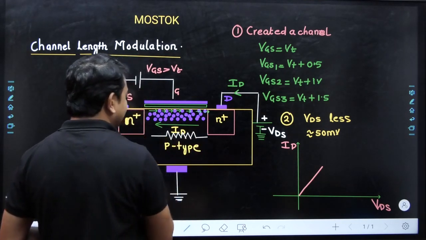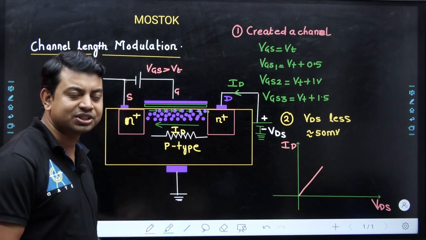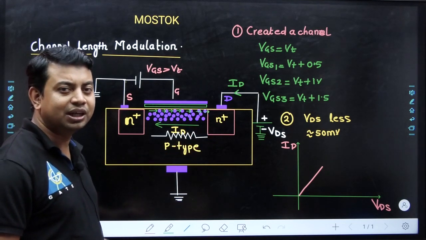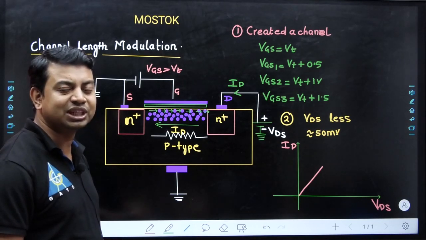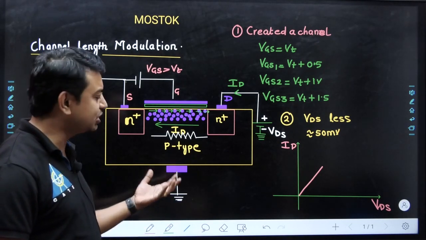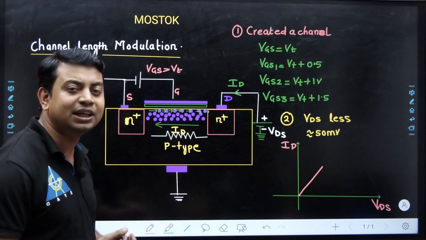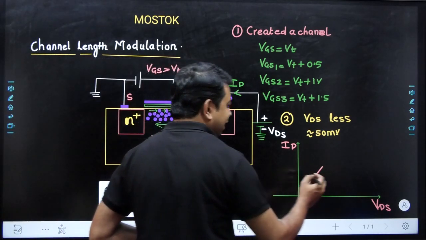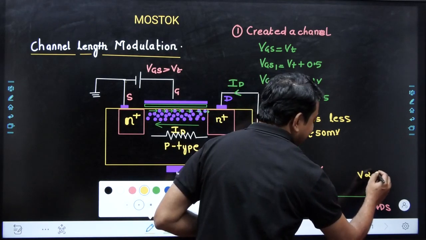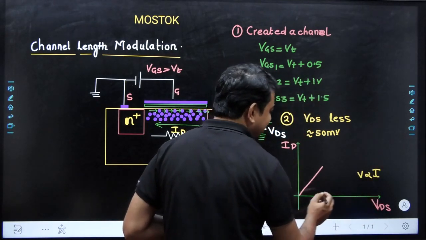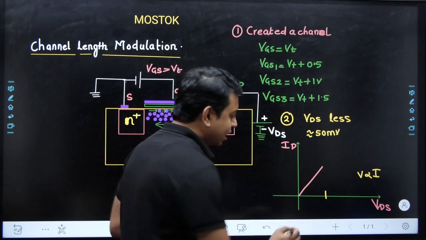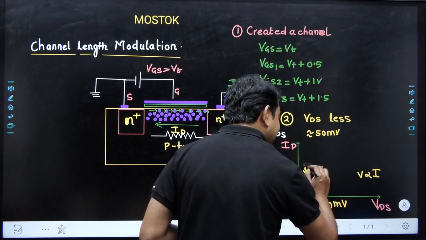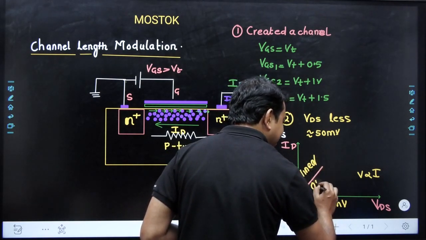This particular channel is acting as a resistance. That's why whatever voltage we apply at the drain terminal, it will give a corresponding current, which is equivalent to the value of this voltage. This is only possible if this path is acting as a resistor. So this path is now ohmic, and we can write that this characteristic is nothing but V directly proportional to I. So in this characteristic, where we have applied a voltage VDS up to 50 millivolt, we have a linear characteristic, and this is also known as the ohmic characteristic.